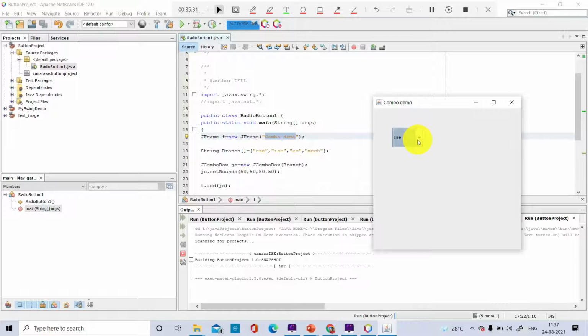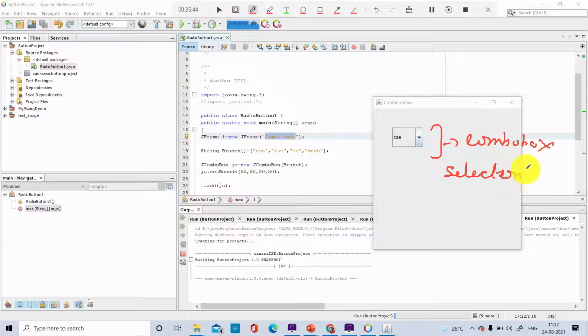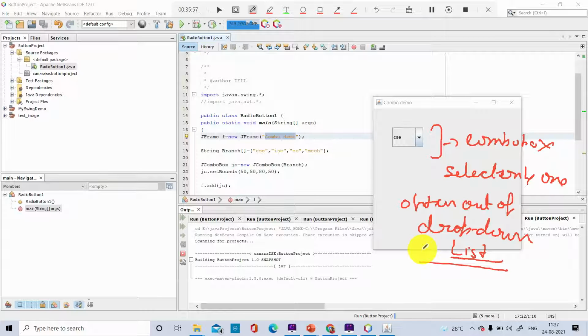So this is a combo box: select only one option out of the drop down list. It is so easy to create a combo box.